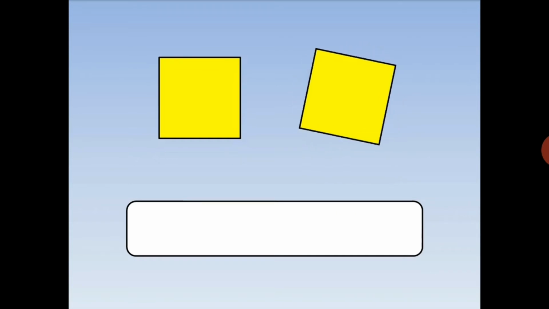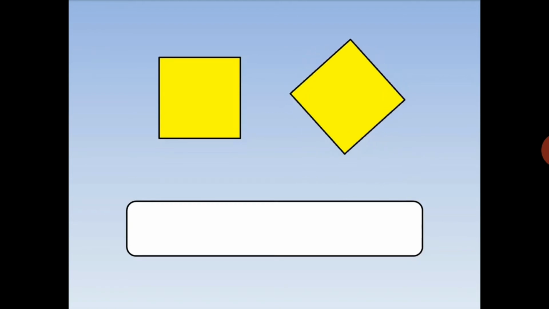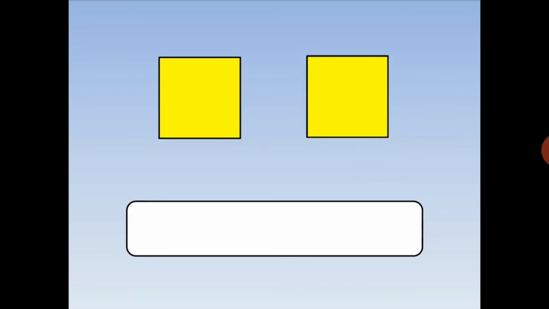See, it is one rotation. The next rotation, it resembles its own image. And the third also resembles its own image. And now, it rotates the fourth time. Now, what is the order of rotation of the square? How many times did it rotate so that it matches the original figure? 4 times. So, the order of rotational symmetry for a square is 4.